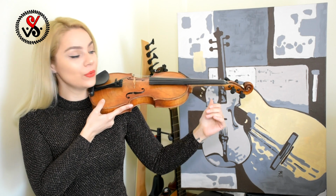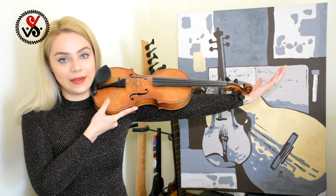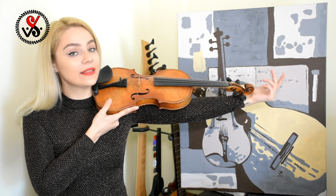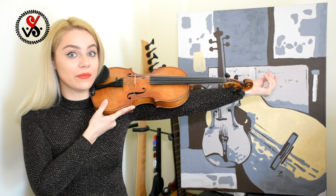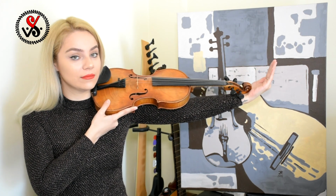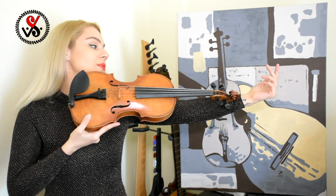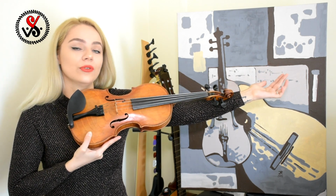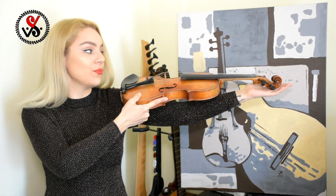Then put his left hand like this, parallel with the violin. If the head of the violin gets all the way to the wrist, like it's my violin and my hand and my wrist, yeah, this is the right size for your kid. If the head of the violin is somewhere here, this violin is too small for you, don't buy it. If the head of the violin is somewhere there,